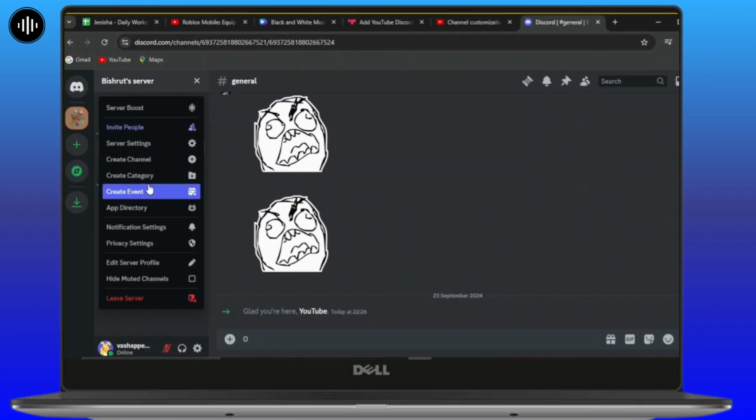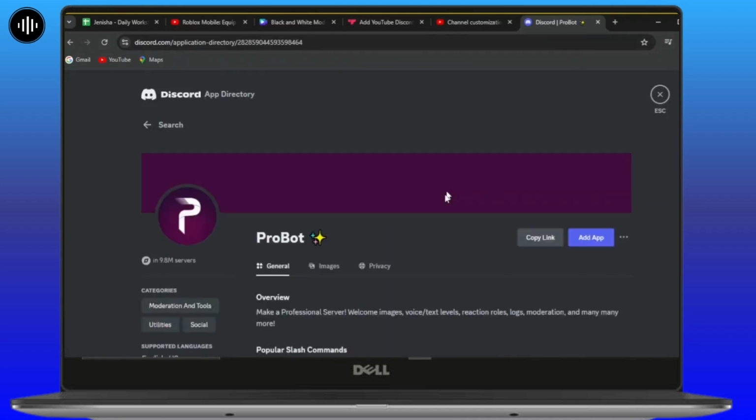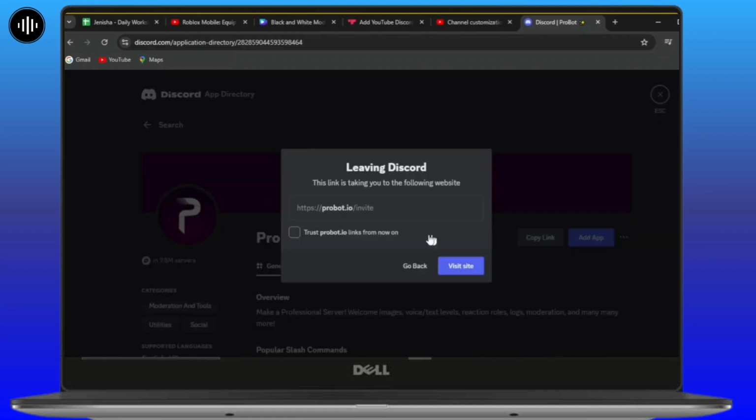So just click on that option and go to add. After that, this interface appears on your screen. Just search for ProBot and go to this piece and tap on Add App. And this will give you an option to visit the site. Just tap on it